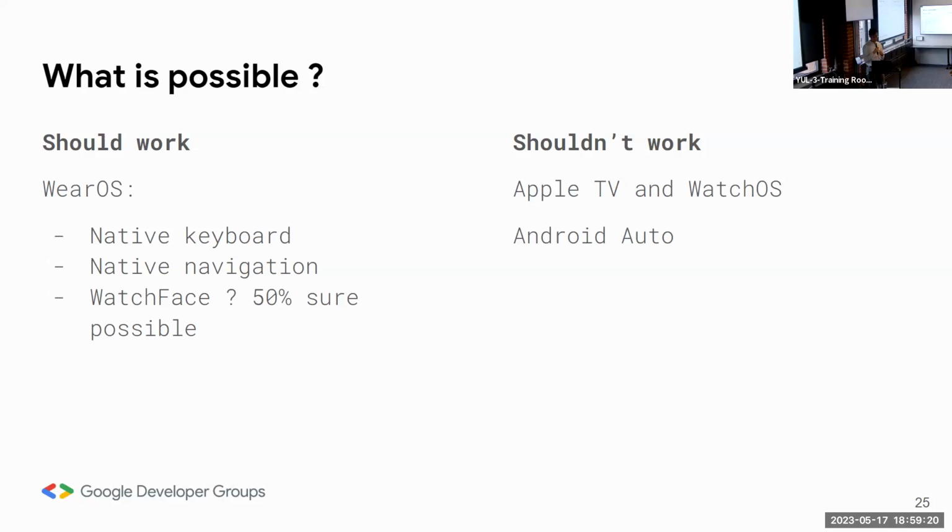The watch faces, I'm not sure. I don't know how it works behind the scenes, but I know that it rendered something. If the app can go to ambient mode, I think it can work for watch face. It's a suggestion. I don't know if someone has already tried or knows how it works. Maybe you can give some details. What doesn't work is Apple TV and WatchOS, which I don't think is completely similar to iOS, so that's why it doesn't work. Maybe they have their own components, I don't know.